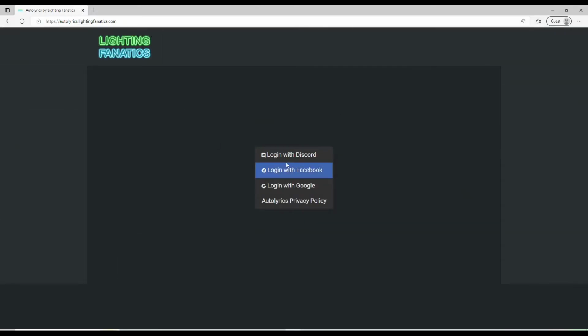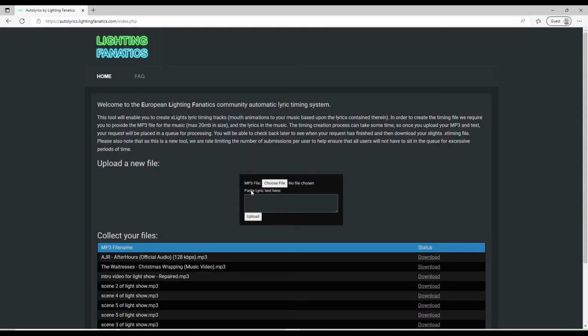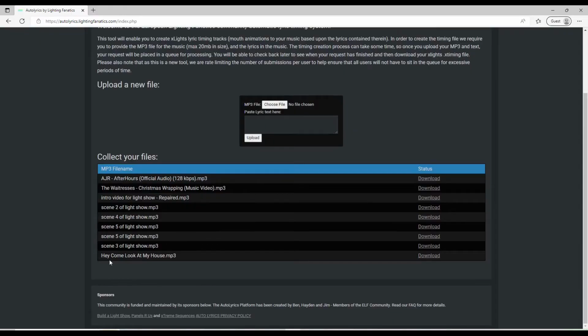So it's been about 3 minutes, and I've gone and reopened the page, and every time it will make you log back in because it automatically logs you out, so I'll go ahead and do that. And now that we've signed in, we can come down and look, and you'll see Hey Come Look at My House, and now it has a download button next to it. So you can click this download file and it will download the X timing file that you can import straight